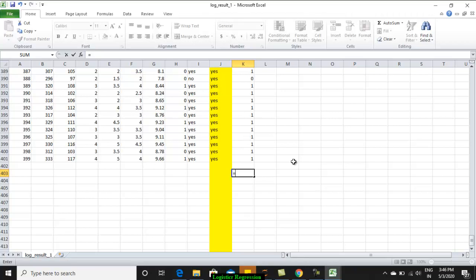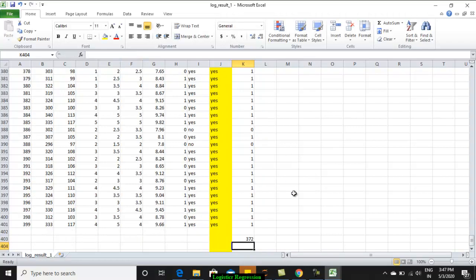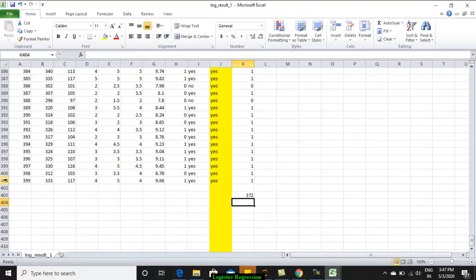Okay. So how to do it? There is a function called COUNTIF. So COUNTIF, what to count? Our criteria is to check whether it is equal to 1 or not. The range is what we have selected, comma, equal to 1. So just press enter. You can see among 400 instances, 372 have been correctly identified. So how to identify the accuracy now? It's very simple as a mathematical calculation. This divided by the total number of instances, how much is it? 400. So 93% is the accuracy, meaning that 7% of the data has gone wrong.